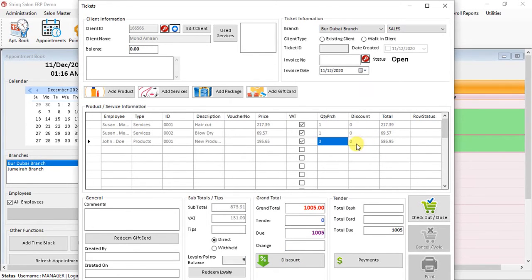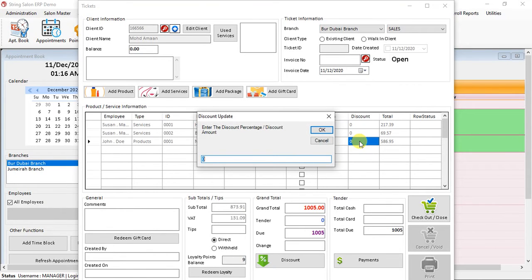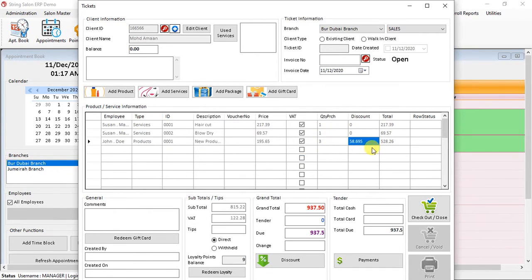If you want to give it on a row basis, you just need to click here. If you want to give a whole amount, you just enter the amount, or if you want to give a percentage, you can give a percentage also. Suppose you want to give 10%, you need to type 10%. This percentage symbol should be there, and when you press OK, the 10% will be applied here.